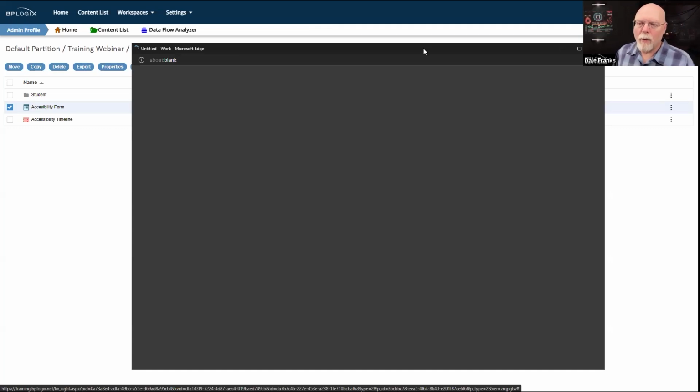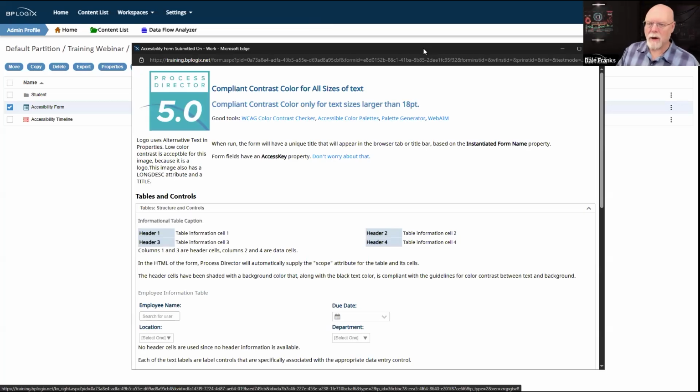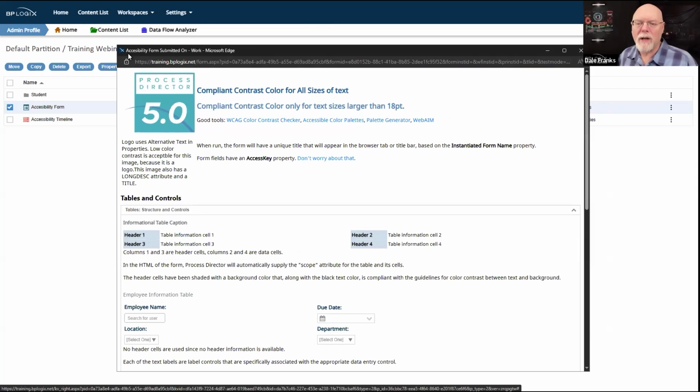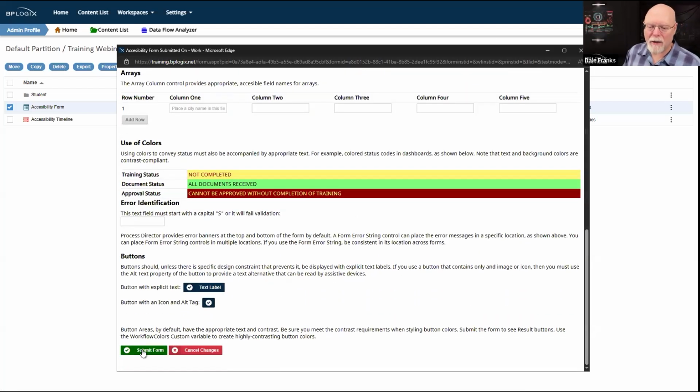But what I want you to concentrate on is the title bar of the page whenever the page finally does load. If you look at the very top, you'll see where it says accessibility form submitted on, and the part after "on" is blank because it hasn't been submitted, dash, and then work, and then Microsoft Edge. So this accessibility form submitted on is part of the...